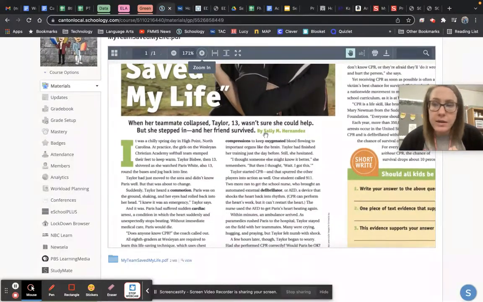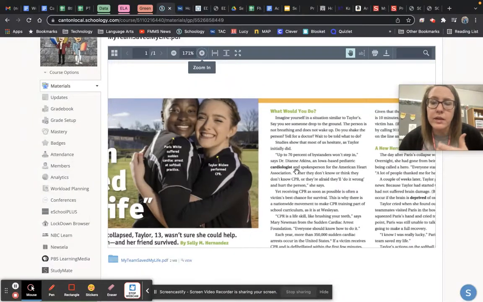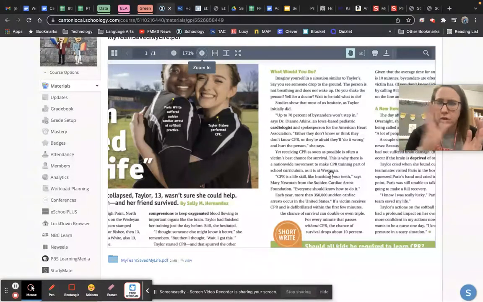So reread this beginning section. Look at, okay, what would you do? A new hero. And I feel like that would really help you come up with your central idea, and then try to come up with a supporting detail from each section that can really support what was this whole article about. Okay. If you have any questions, I can email you more resources about central idea, but this was just